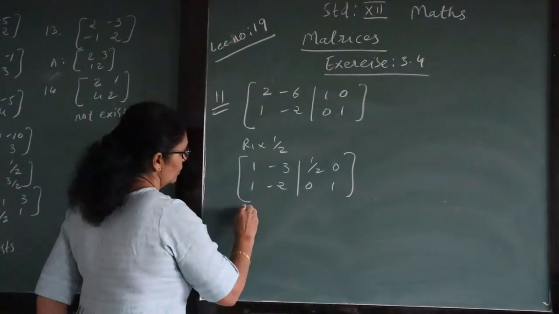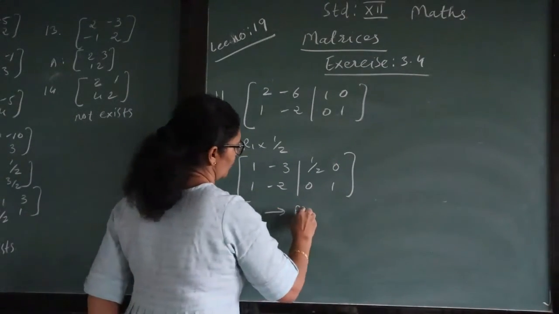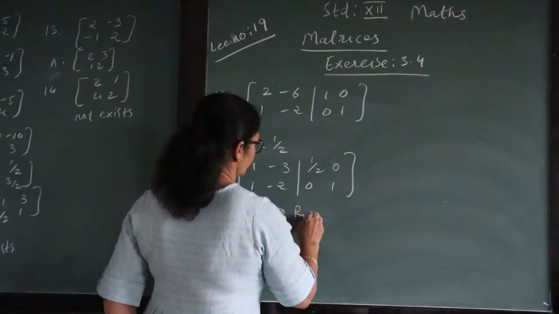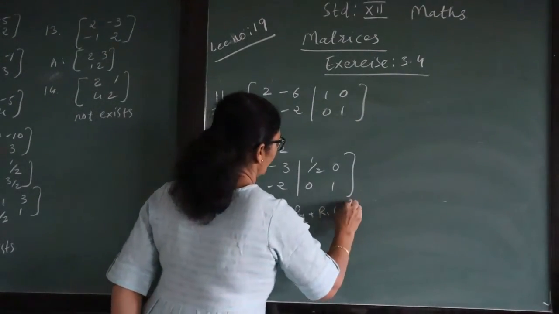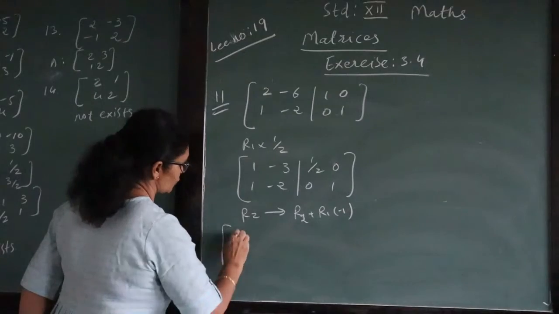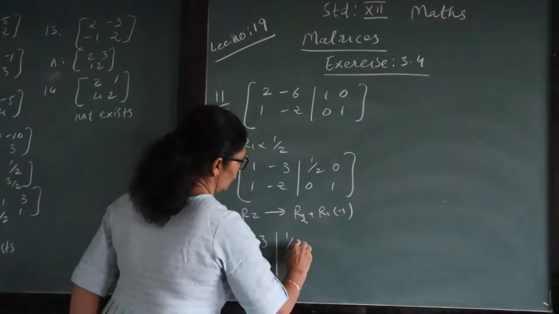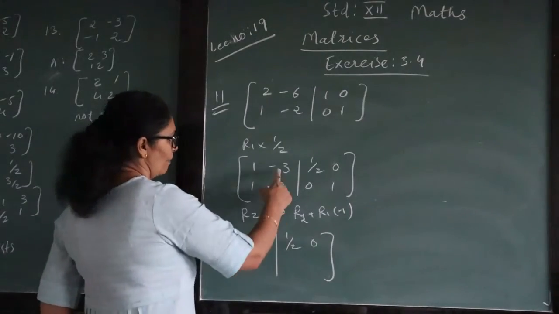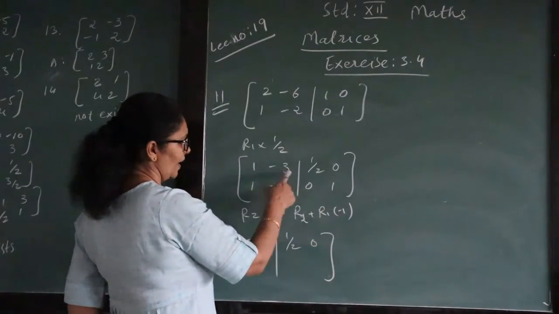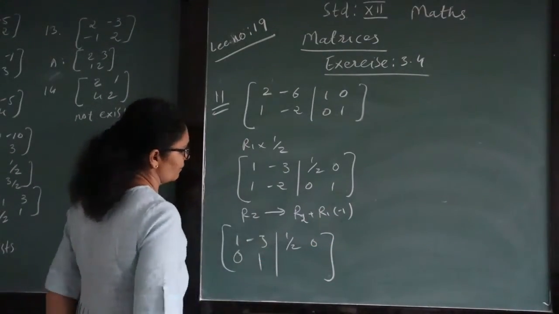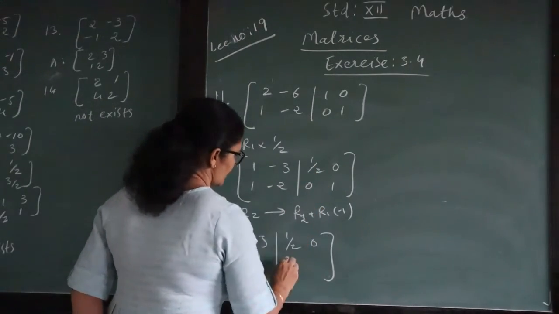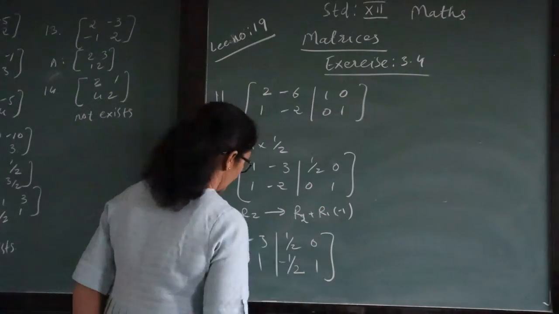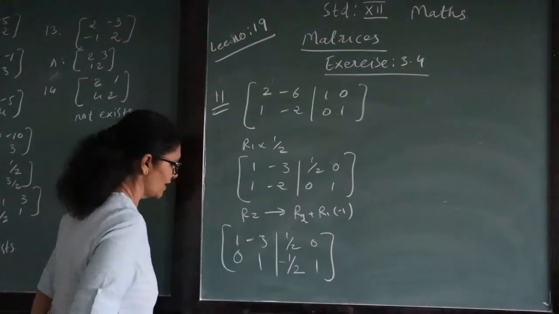Okay, now we are making change in R2. So R1 multiply with minus 1. Subtraction of these two only, it's very simple. What is it? 1 minus 1, 0. Minus 3 multiply with minus 1 plus 3 added here means 1. Multiply minus sign, minus half and 1 as it is. Here we have already set it.